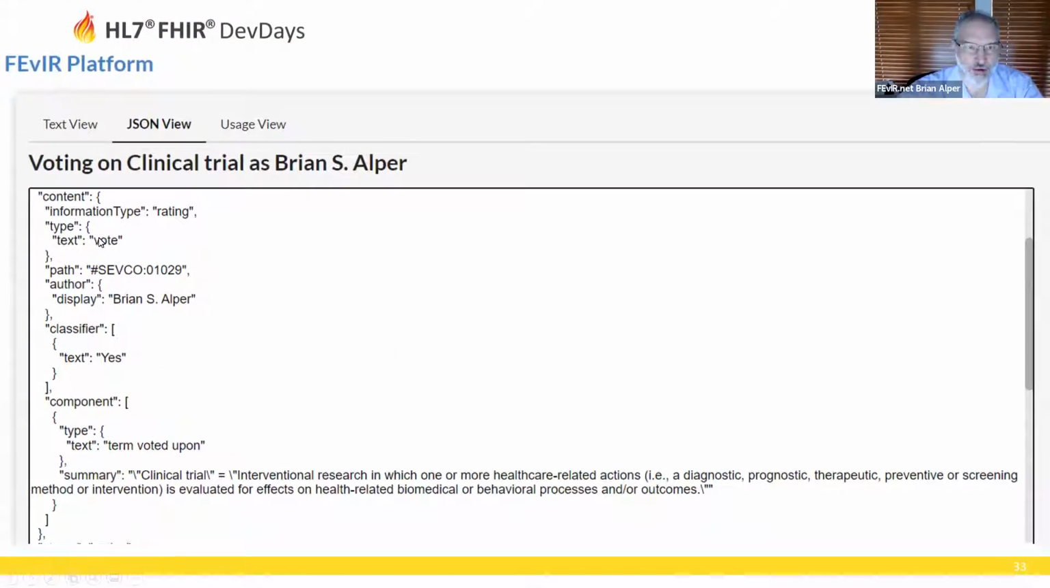So here we have the information type is rating. The type is a vote, letting us know this rating is a vote on the term. Path and author are similar here. The classifier is very simple for our voting system. It's either a yes or a no. But we include a component for the type, the term voted upon, and the summary is the preferred term followed by the definition, because as the